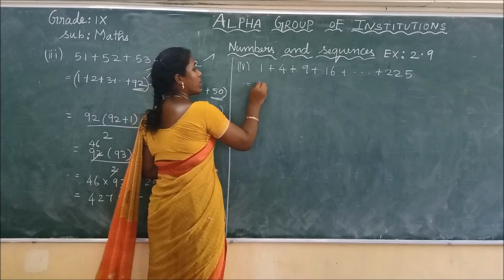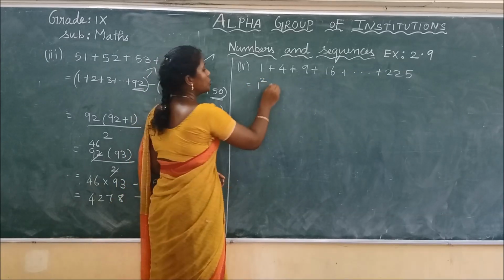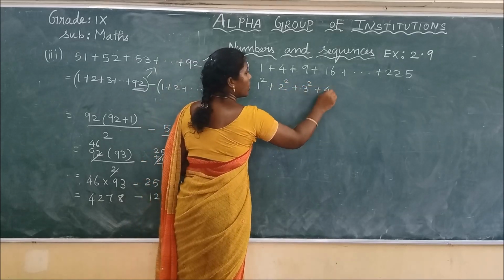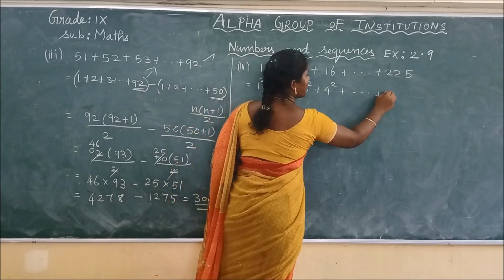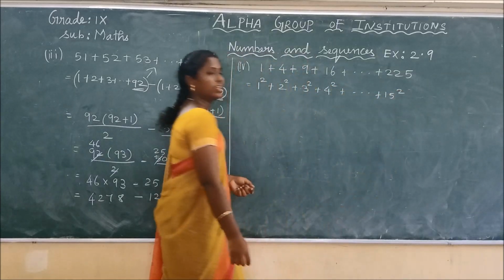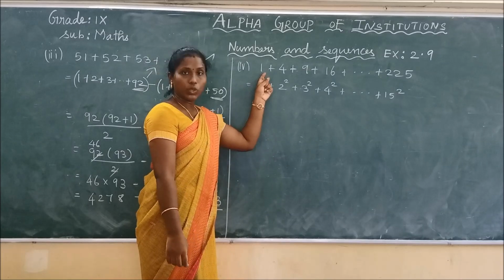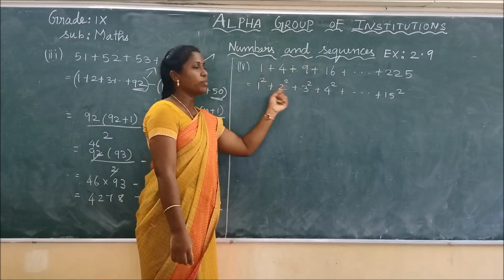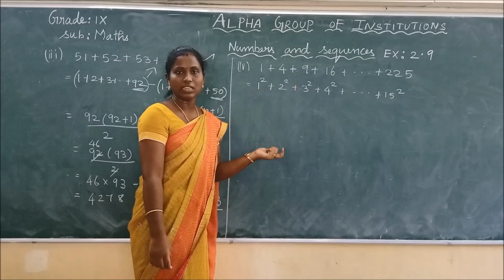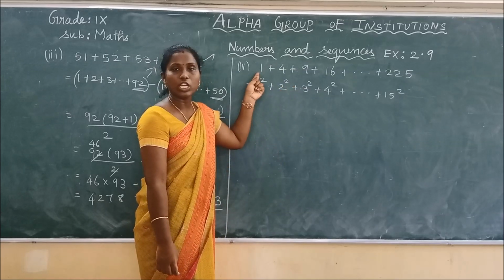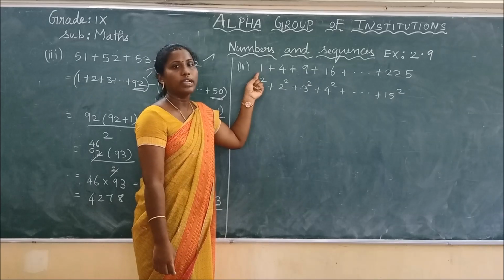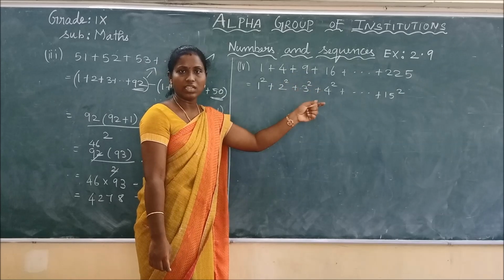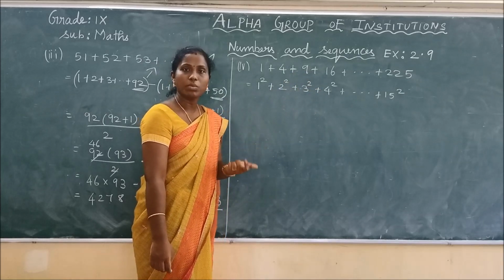See how we can write. 1 can be written as 1 square, 4 can be written as 2 square, 9 can be written as 3 square, and 4 square plus etc. plus 15 square. We can't use AP here, and we can't use GP here. So other than AP and GP, we have to check with the special series. By checking the question, it is not continuous natural numbers and it is not odd numbers. While seeing the terms of the series, we have square numbers all around.